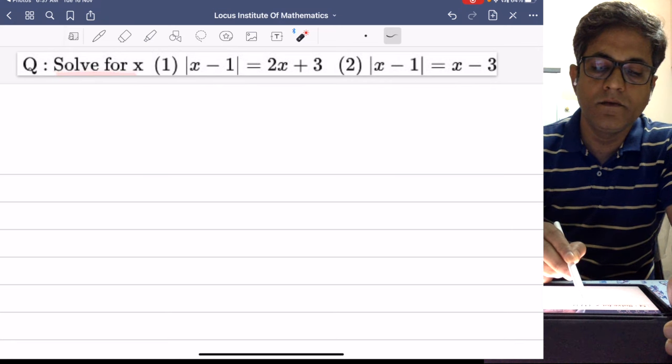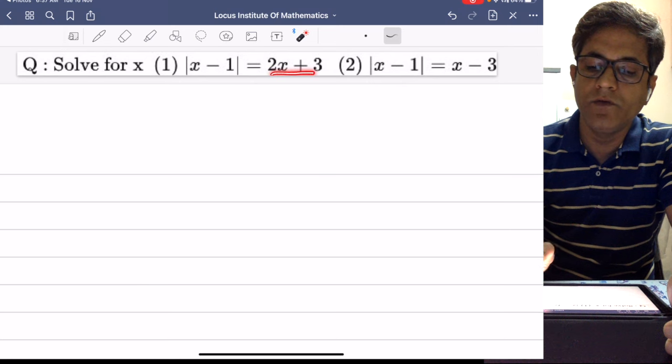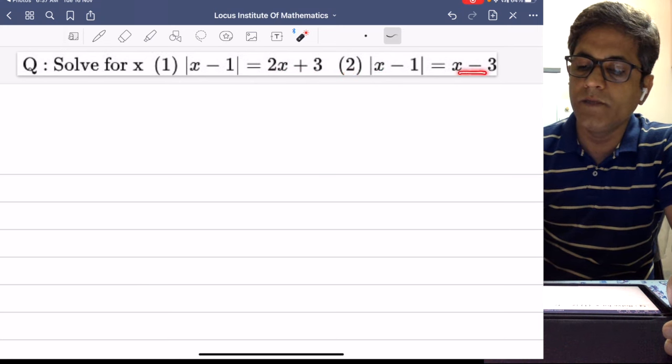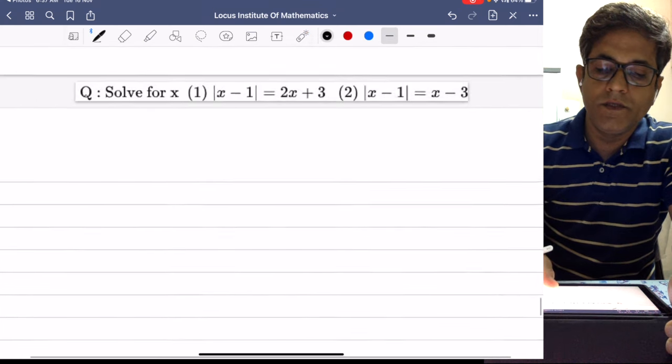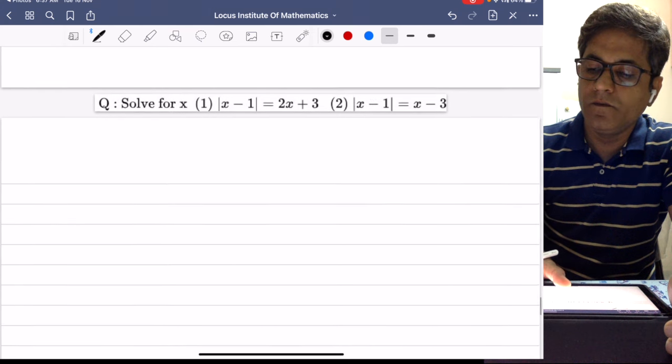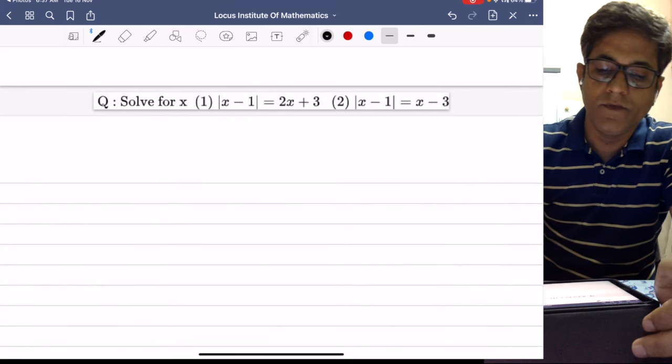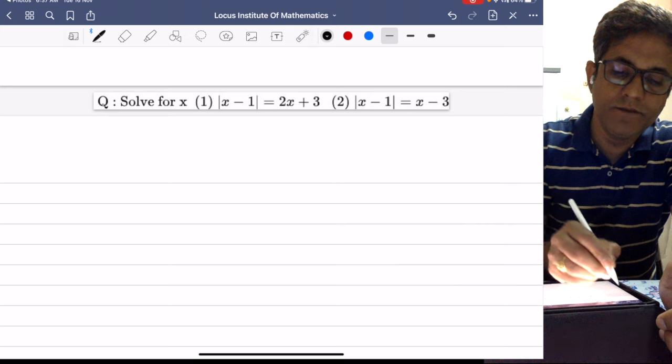Solve for x. Question number 1: mod x minus 1 is equal to 2x plus 3. Question number 2: mod x minus 1 is equal to x minus 3. So to solve these questions, what we do is, first question solution is,